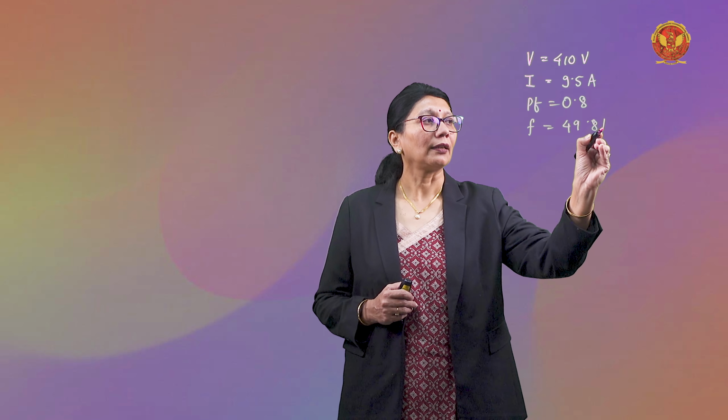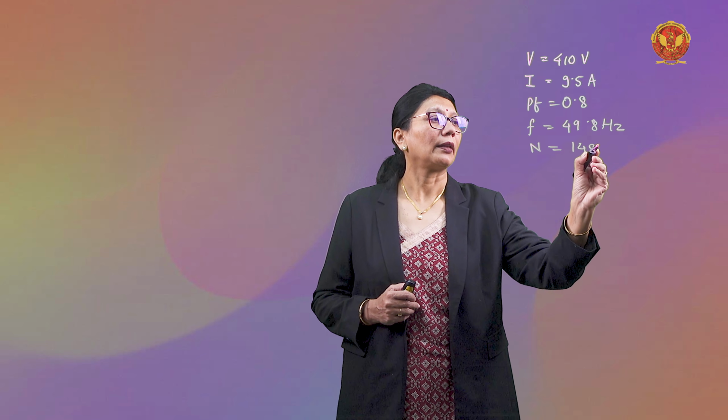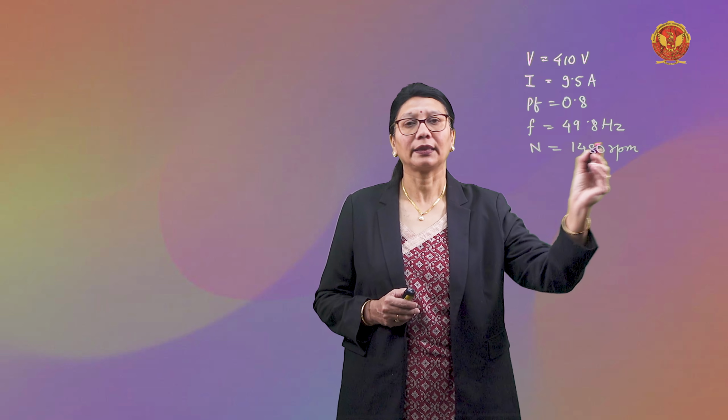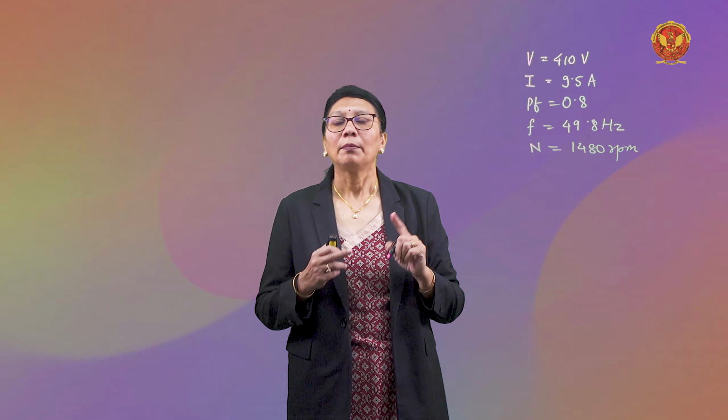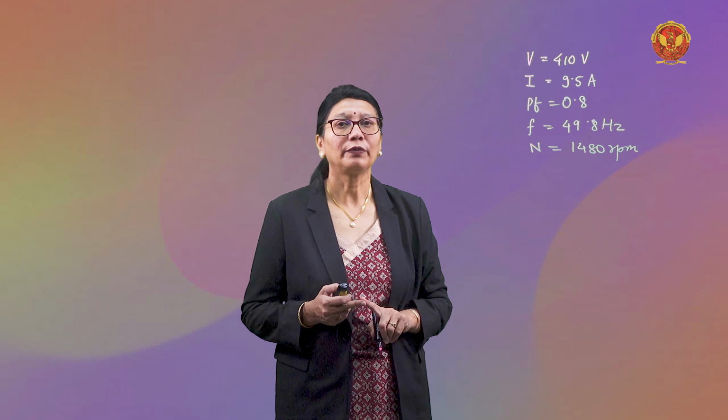Power factor of operating condition 0.8 is given and supply frequency is 49.8, जो कि वेरिएशन है फ्रॉम रेटेड फ्रीक्वेंसी, और आरपीएम ऑफ मशीन इज गिवन एज 1480 आरपीएम। हमें निकालना क्या क्या है? वी हैव टू फाइंड आउट पावर इनपुट इन किलोवाट, वी हैव टू हैव परसेंटेज मोटर लोडिंग एंड द स्लिप ऑफ द मशीन।